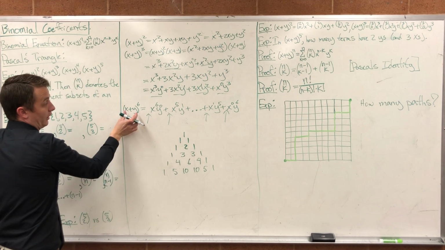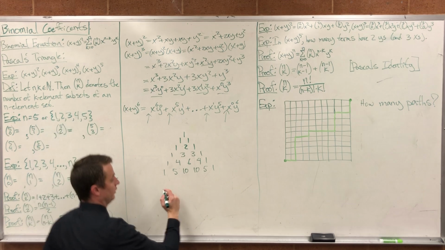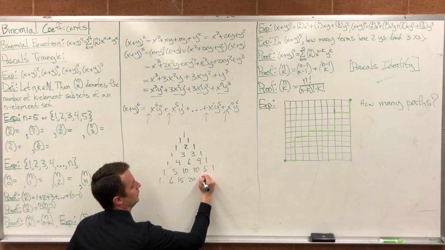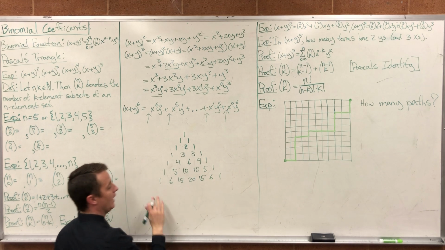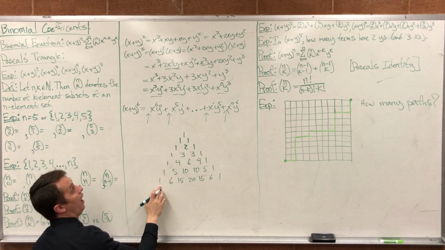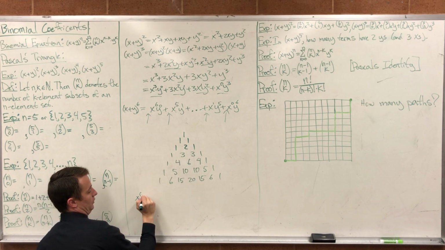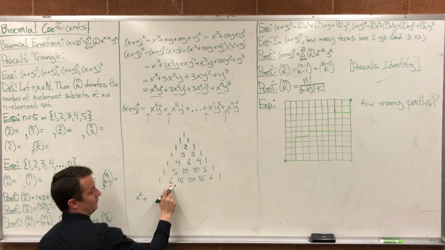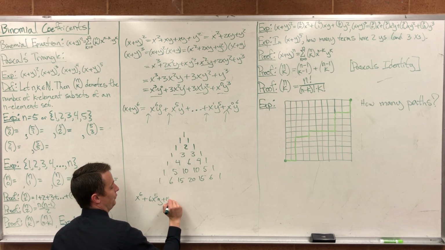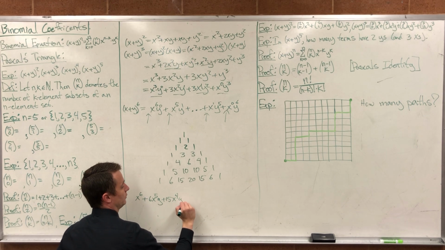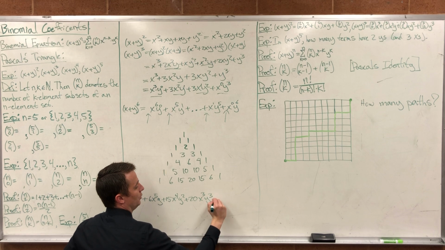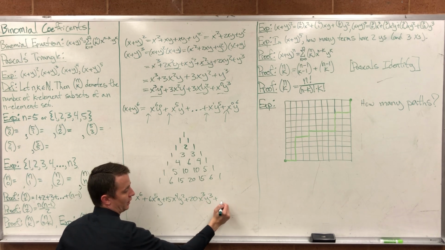And let's see, for x to the 6, we need one more. So that would be 1, 6, 15, 20, 15, 6, 1. And these would be the coefficients. So if I were to expand this thing out, it would be 1, x to the 6, y to the 0, plus 6, x to the 5, y, plus 15, x to the 4, y squared, plus 20, x cubed, y cubed, plus 15, plus 6, plus 1, and you see how to finish it,